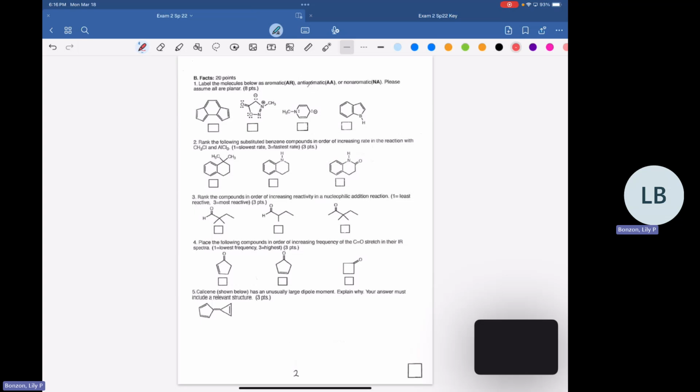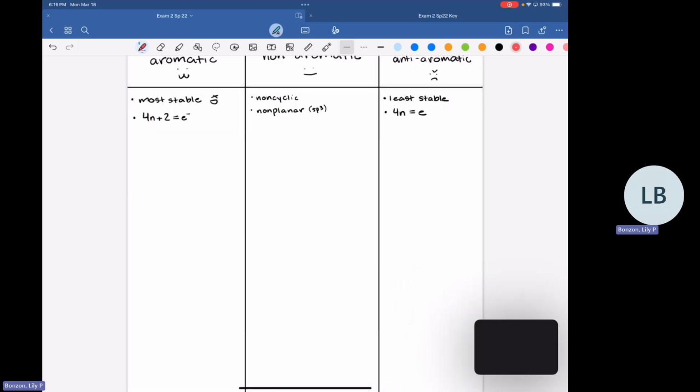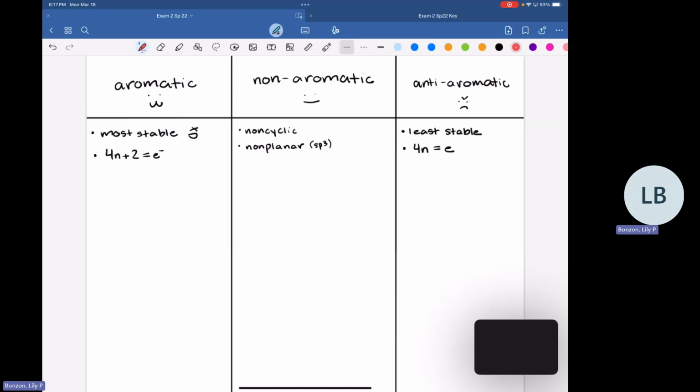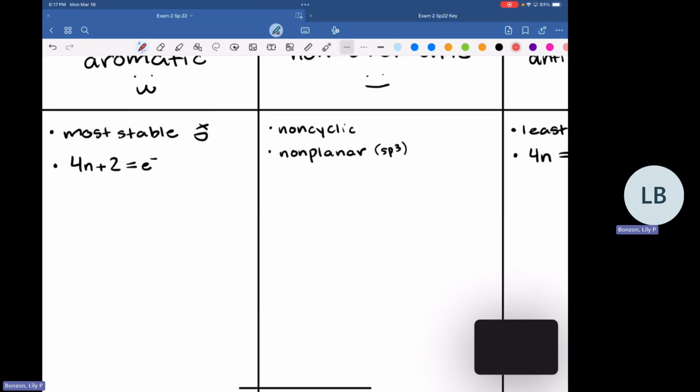Okay. And so these are just some rules about aromaticity. So you've got your Huckel rule, which is going to be the 4n plus 2, or you could do the 4n for aromatic. I say just pick one and go with it. You don't have to use both. Just make sure that when you do your equation, you want to get an integer value for the equation that you're using. So if you're looking for aromaticity and you're using 4n plus 2, you want n to be an integer for that molecule to be aromatic.